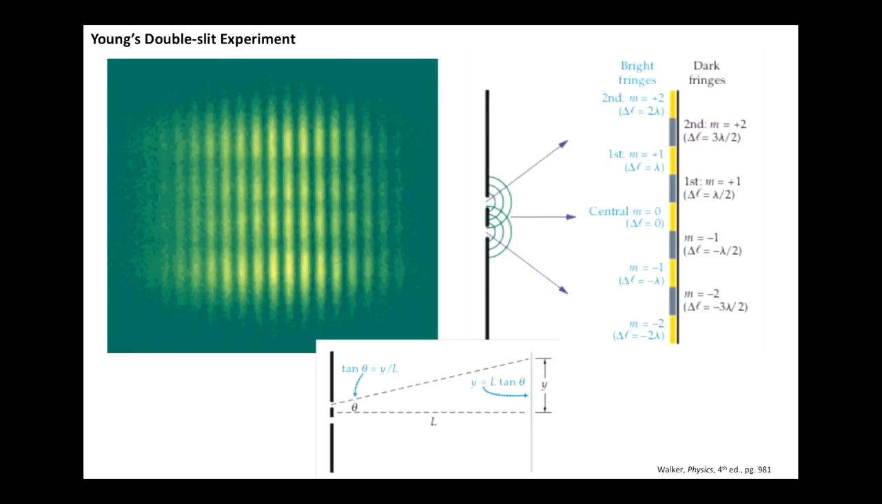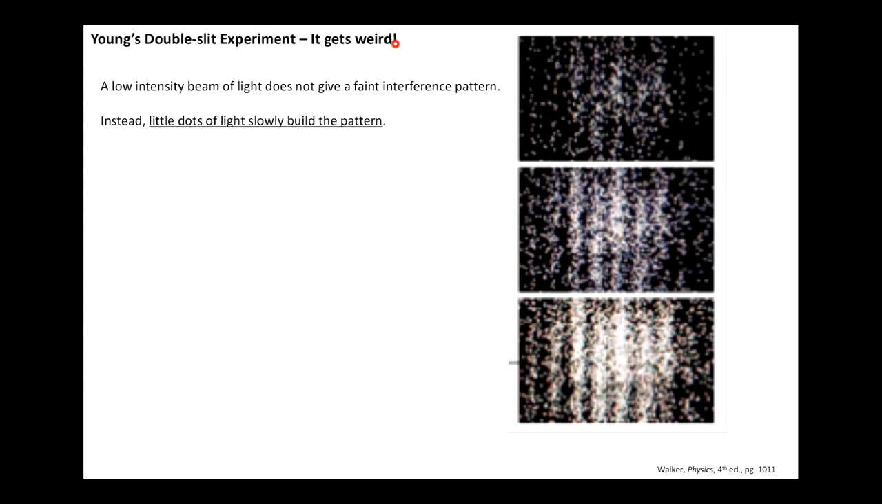Here's what it physically looks like. If you did it in the lab, you would see this pattern of bright and dark regions. The thing that's first of all weird is that if you don't just turn the lights on full blast, but make them really, really dim, like barely light at all,